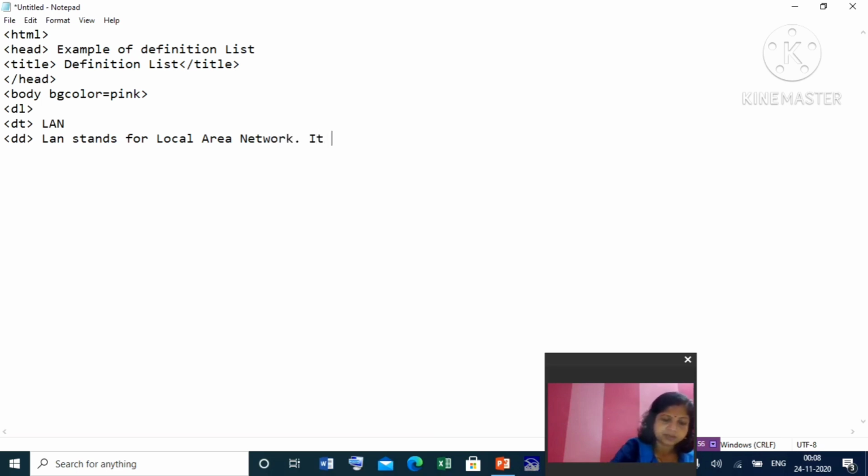It covers distance between 1 to 5 kilometer. Suppose your DT over here, so close DT. Okay. Then another DT you start. DT. Okay. DT also you have to close here.